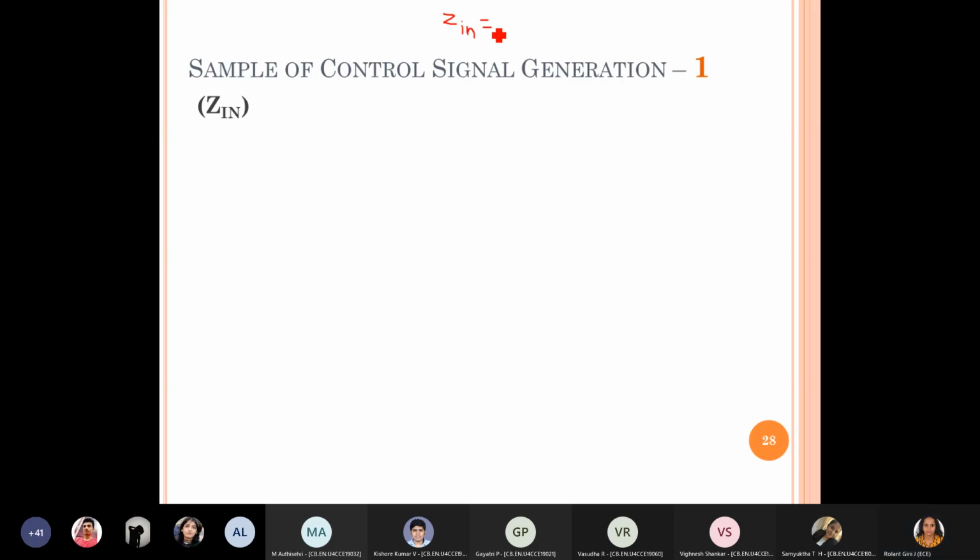Ma'am, for program counter we have to enable ZN. For program counter, you mean at the T1 clock pulse during the fetch phase? That time we enable YN, right? Not ZN. We enable YN and then after increment, yeah, after increment we enable ZN to keep the incremented value. Yeah, that happens in the T1 clock pulse.